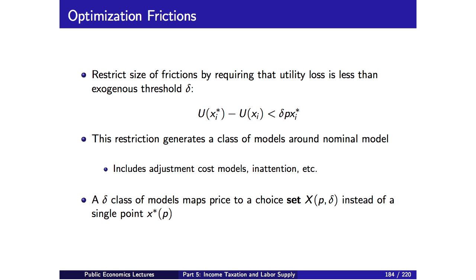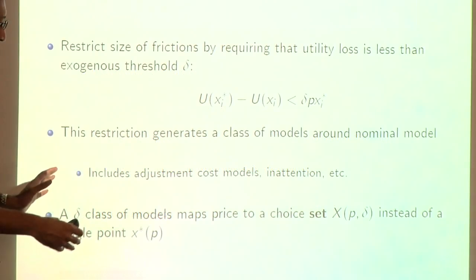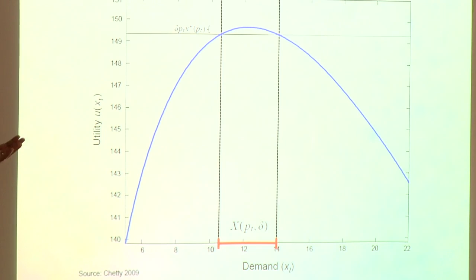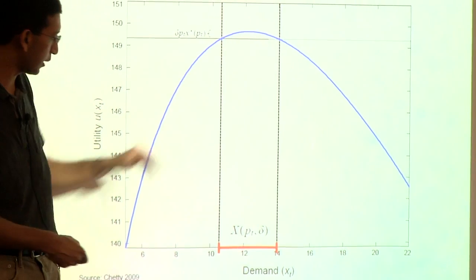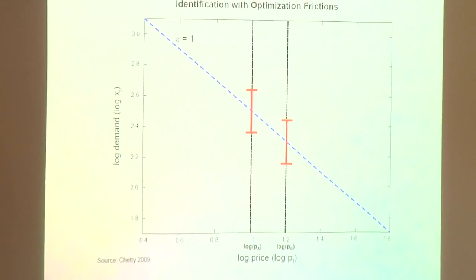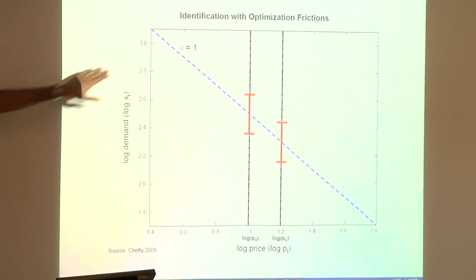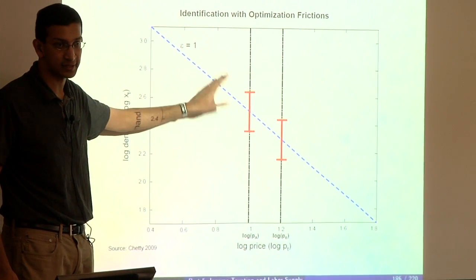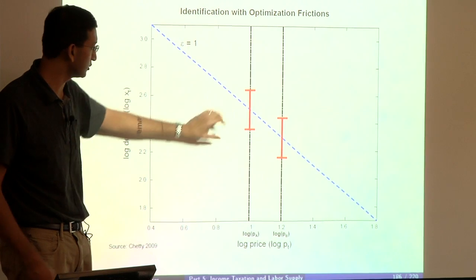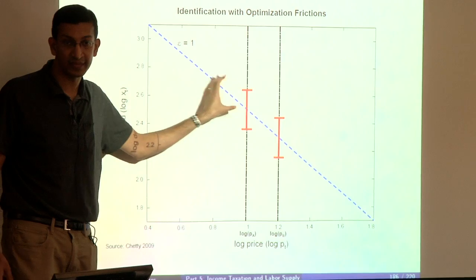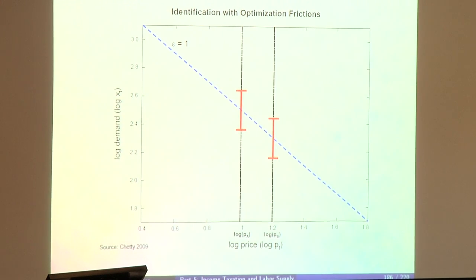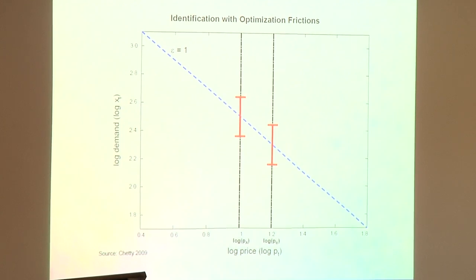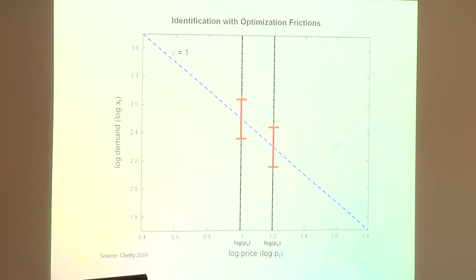OK, so as we talked about before, if you specify a delta, that's going to map a given price to a choice set rather than a single point, right? So I showed you this figure before where this is the utility maximizing point, and what we're going to require is that you pick a point near that optimum, so that's going to generate that choice set. And so then, as we also discussed, the dashed blue line here is the structural elasticity that we would identify if there were no frictions, but all we're requiring is that you pick points within these sets at those two levels, and as we talked about, that generates many different potential responses to this price change, which is precisely the problem that I think this literature confronts.